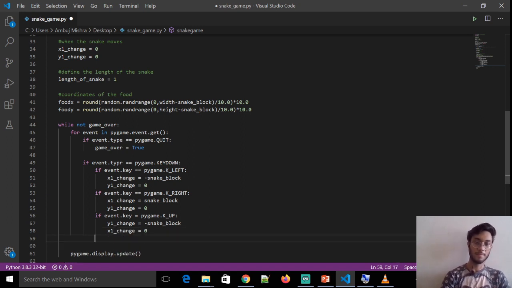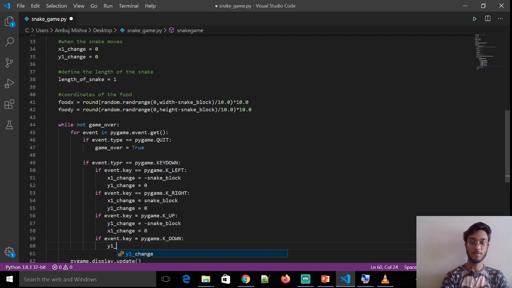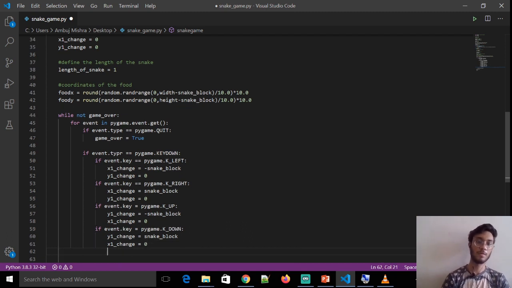And if event dot key is equal to pygame dot K down, then y1 will be plus snake block and x1 coordinate will be 0. So in this way you can assign certain keys for the snake movement direction, and you can change the x1 and y1 coordinates as per the key direction.